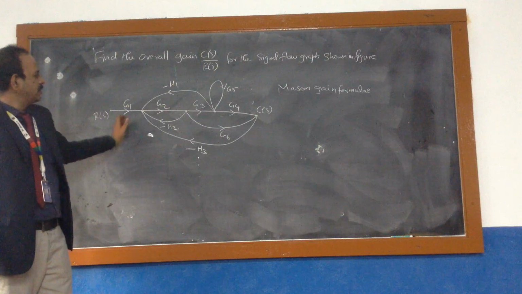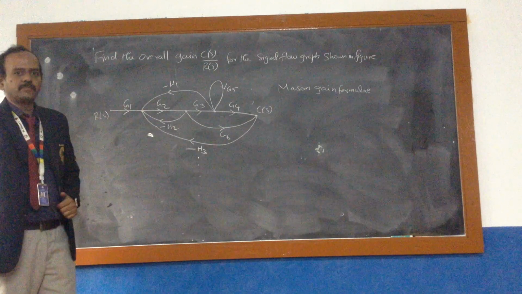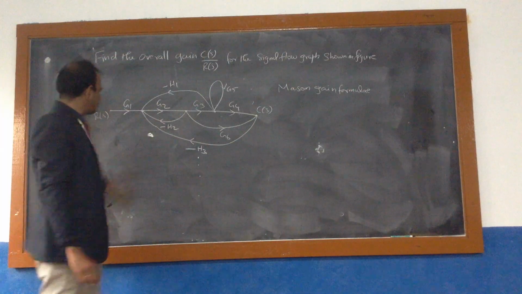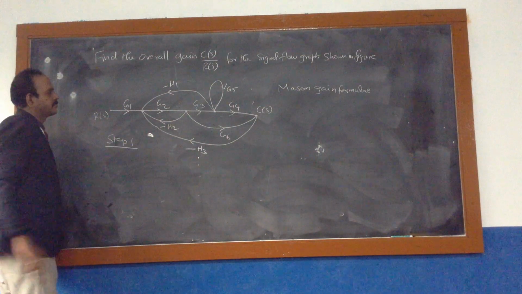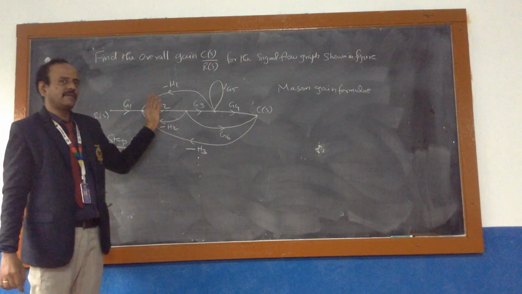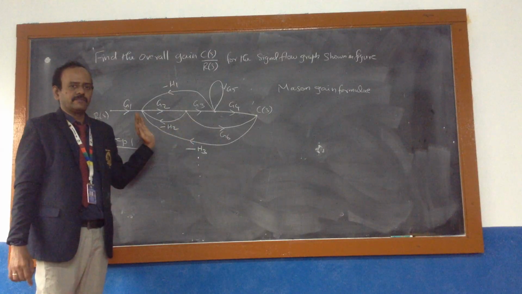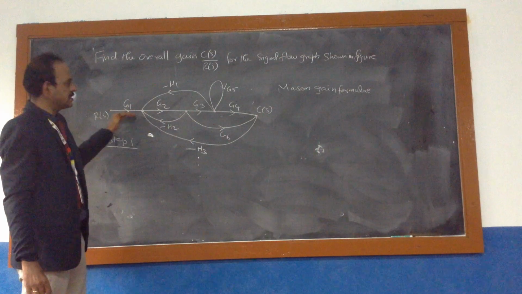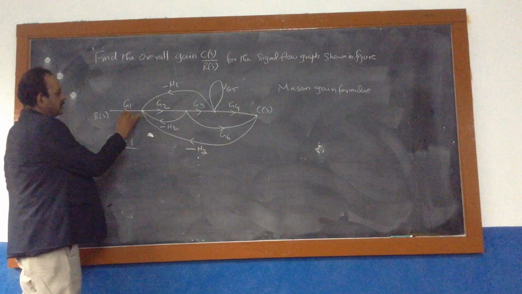Here we have almost 5 steps. Starting with step 1, they give the signal flow graph as it is. In some problems they will give the block diagram, and from the block diagram we have to convert it into a signal flow graph. In this problem they gave the flow graph itself, but you have to note what the